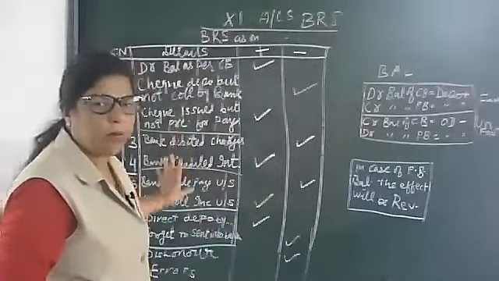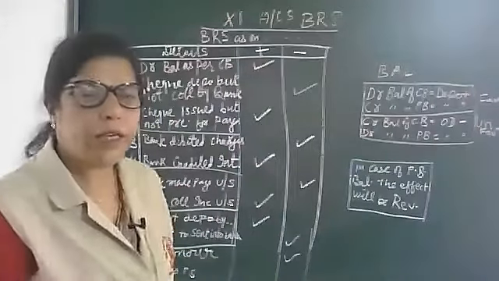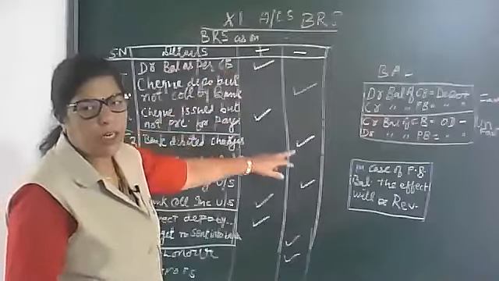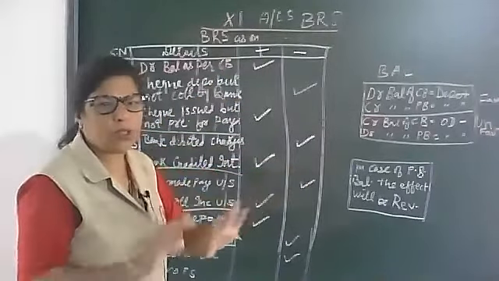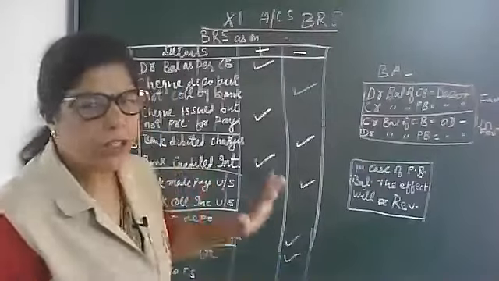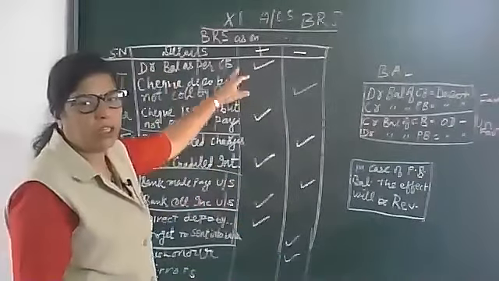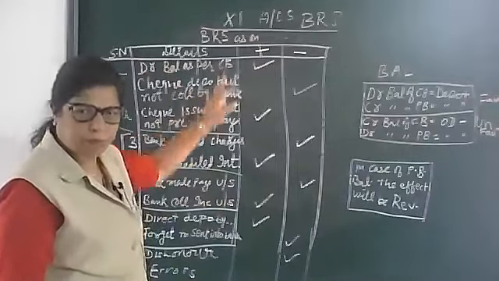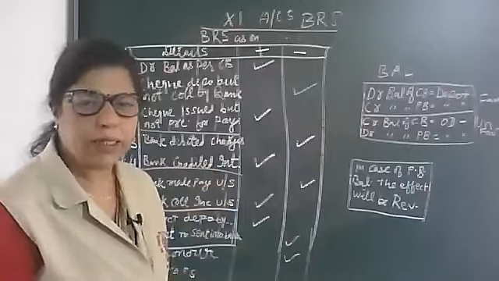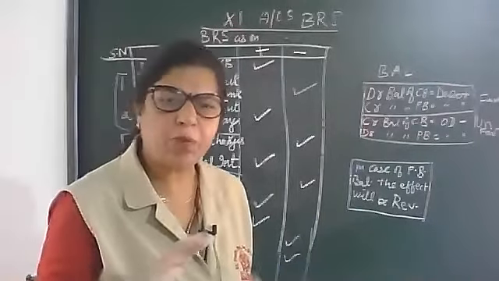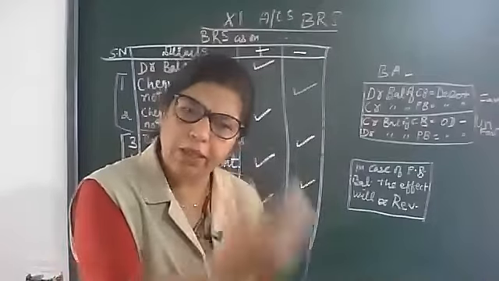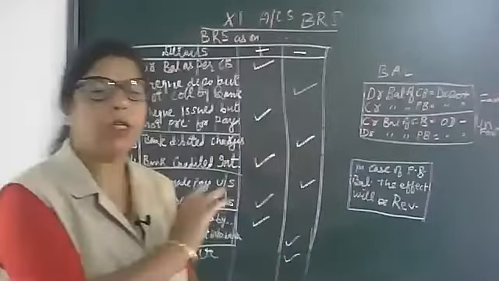Now, this table you will learn when you take the balance of cash book. If that balance is of passbook, then it will not work, then you have to reverse it. So this type of table starts with the cash book. If you have cash book balance, you will make the table like this. If you have passbook balance, then just reverse it. Reverse means plus will be in minus and minus will be in plus.